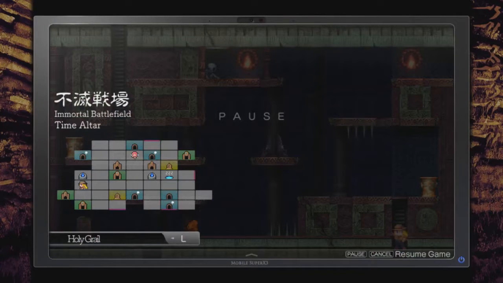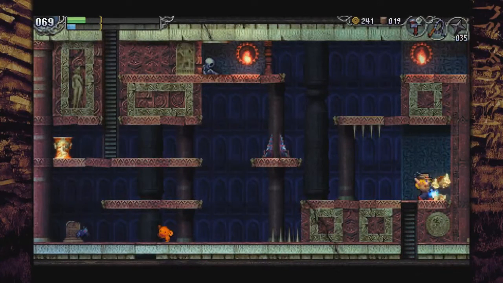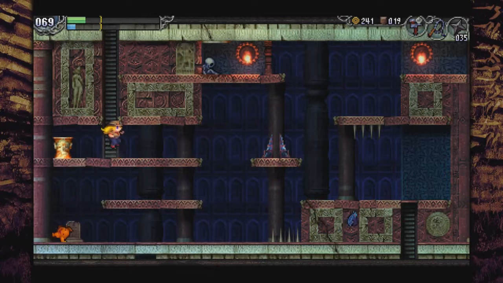I'm exploring, by the way, over on the left side of the Immortal Altar. I think, yeah, Time Altar. I think we have been here a little bit before, but it's been a while since we kind of explored this area, and so I'm just trying to re-explore and see if there are things that I failed to find the first time around. For example, that wall right there looked a little bit like it might be breakable, but